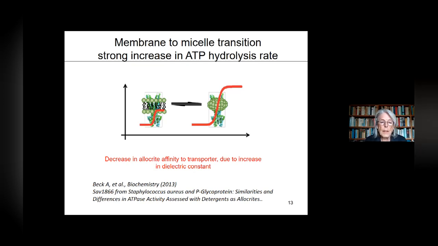This can be explained by the dielectric constant change. You can quantitatively calculate this effect. And interestingly, Suresh Ambudkar has done quite a big analysis of ATP hydrolysis in a very recent one in vesicles and in cells, and he found a very similar threefold increase when he goes to